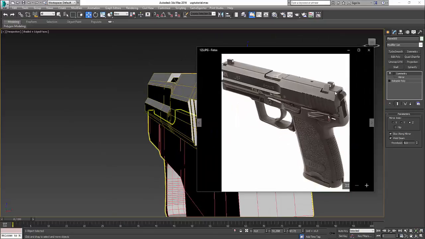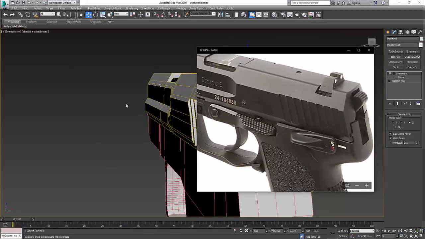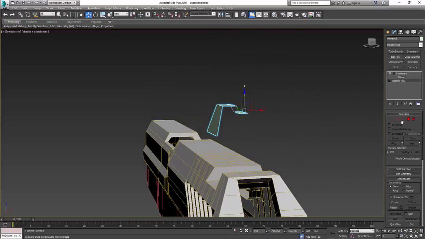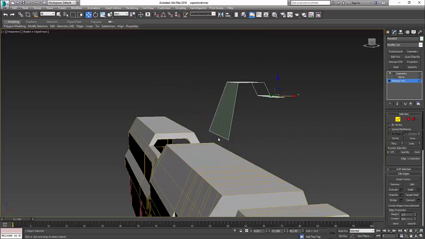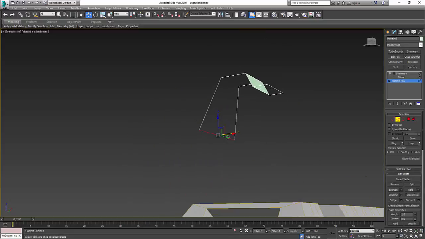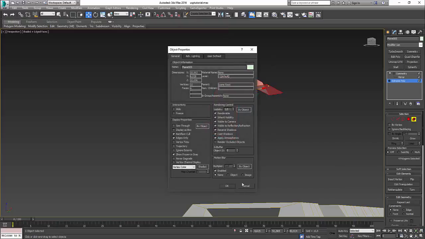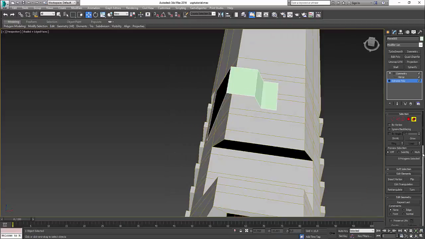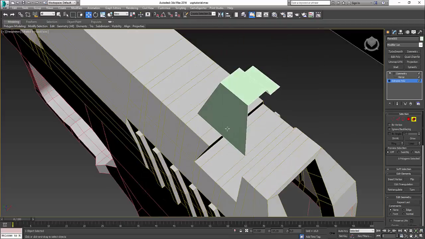Okay. Seems about right. So I'm gonna drag this one out to model it without having this model blocking my way. So I'm gonna untick backface color by right clicking, going to object properties,